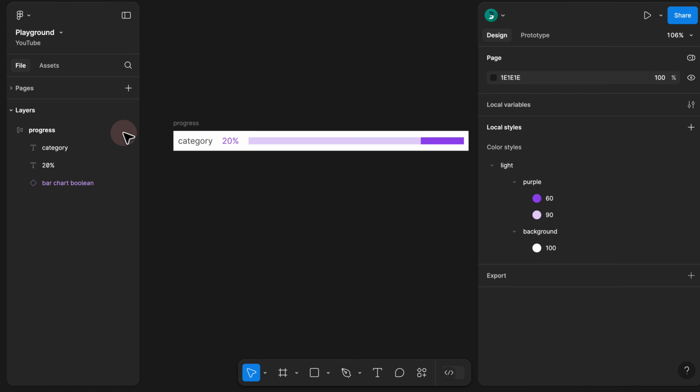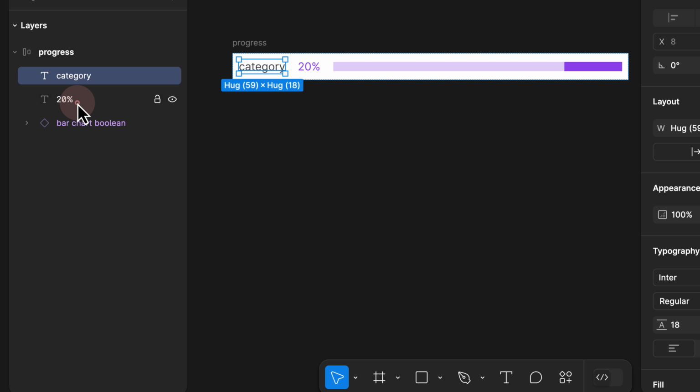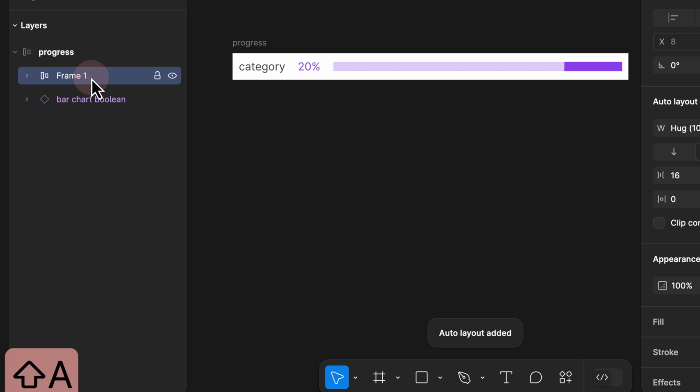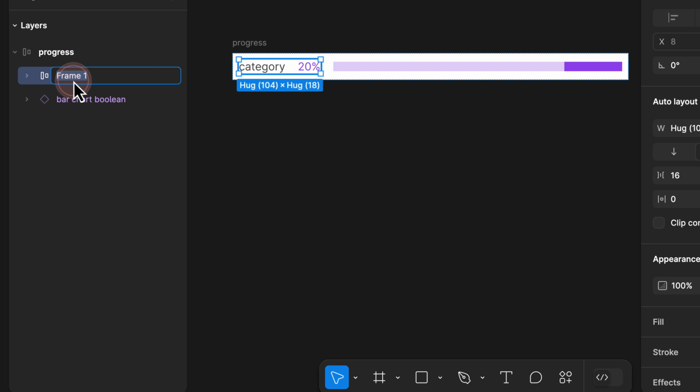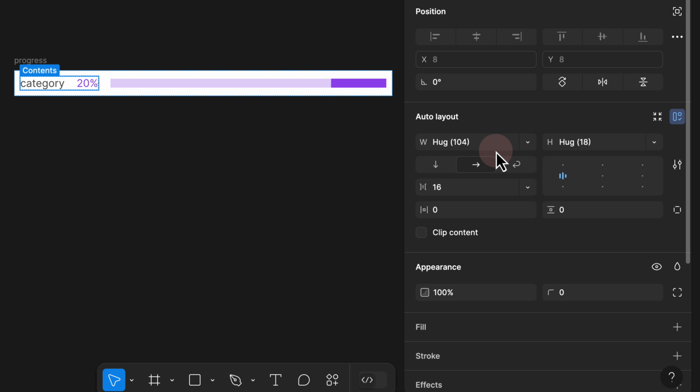So the way we would do that is we need to select both of these, which is category and the percentage, add another auto layout, which is Shift and A, and we would rename this to content. And then as you can see, by default, Figma gives it a hug value. We don't want that because we don't want this to grow as we type. We want this to be a fixed value. Here, we would just give it a fixed value and let's just go ahead and give it 150